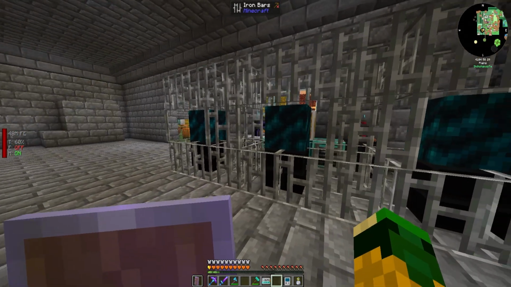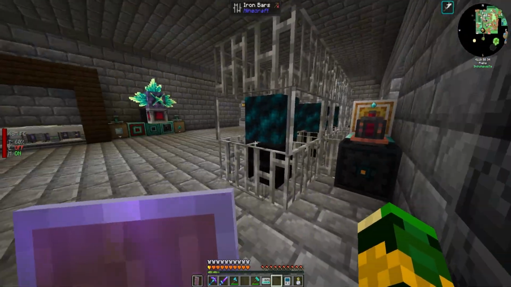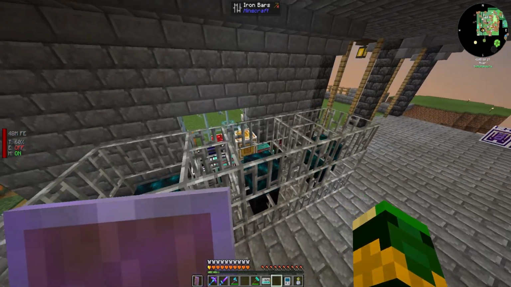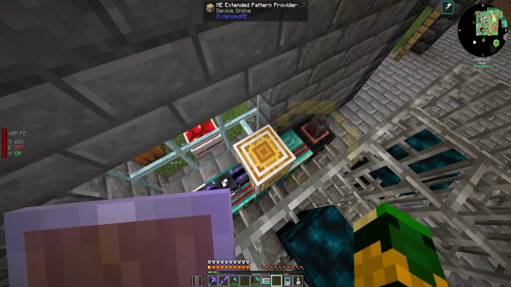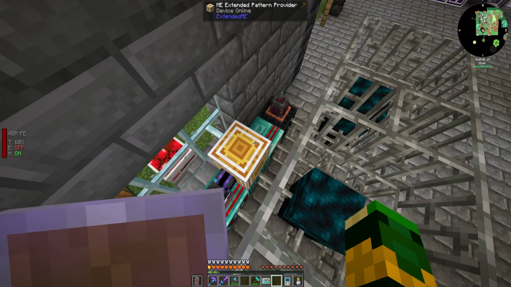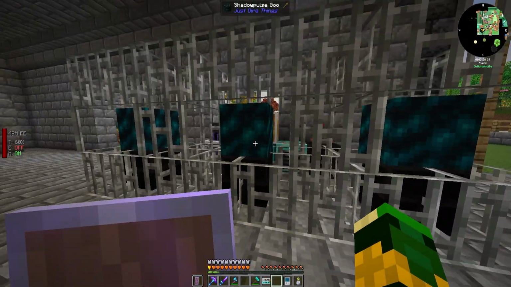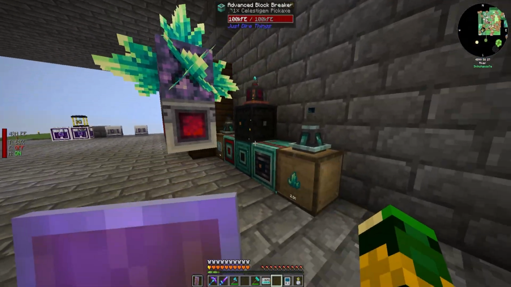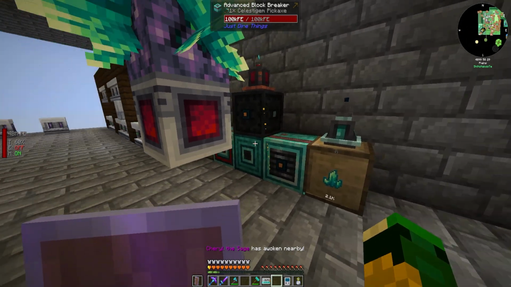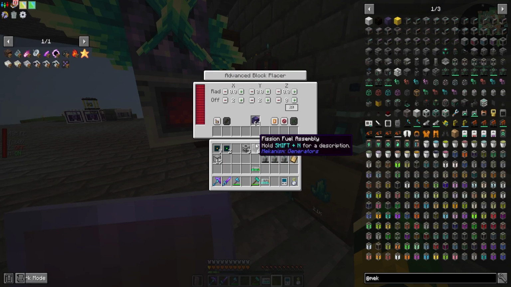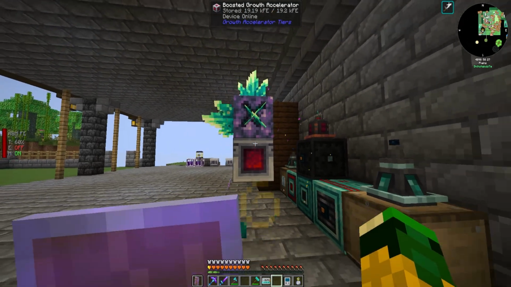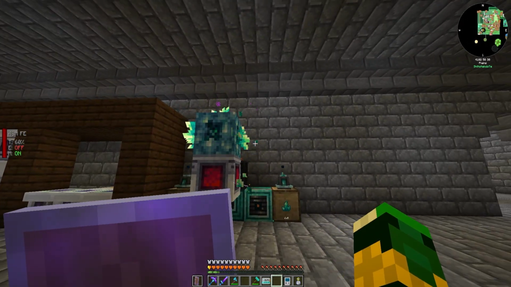While that stuff's processing, I can't remember, did I talk about this? You guys seen this? This is the automation area here for Just Dire Things. This is for converting all the items that need the goo. So I've got the recipes up here for Celesta gems, for all the different metals, and I still got to get it set up for the fuels, but that's done there. And then I've got this area set up for the intro clusters, which really works pretty good. And I can't remember how I've got this thing turned off right now. I think it's going to be this one right here. Yeah. So if I turn this off, it'll start harvesting those items once they get to full size.